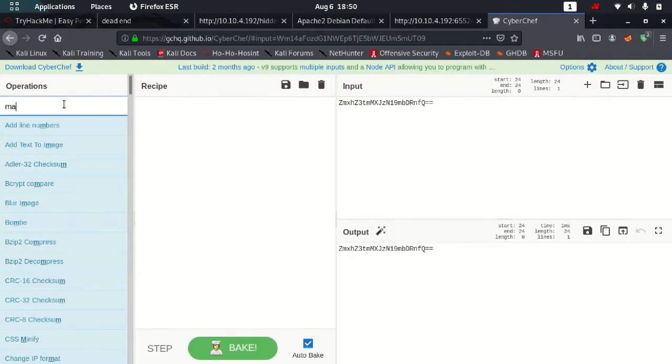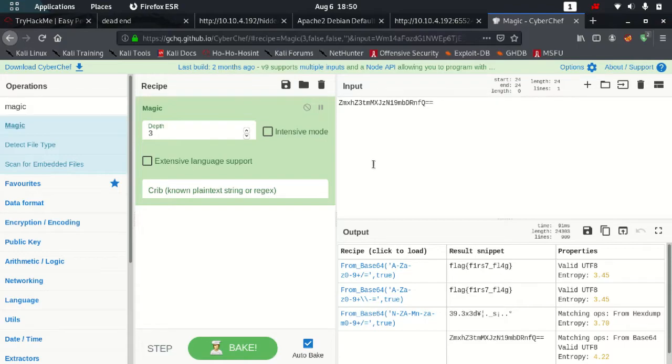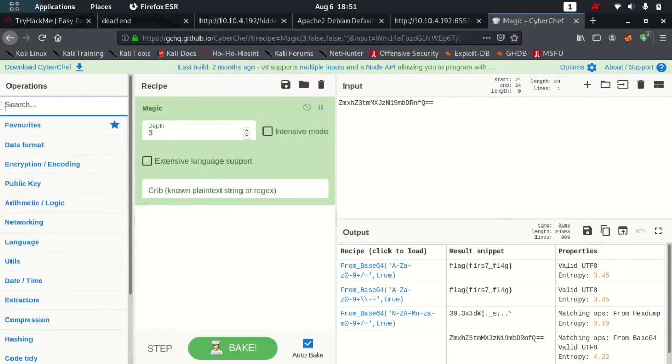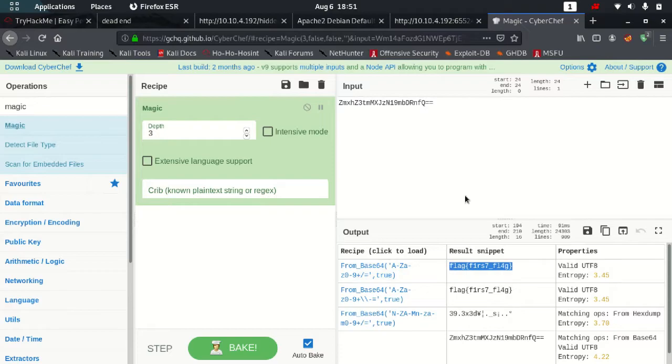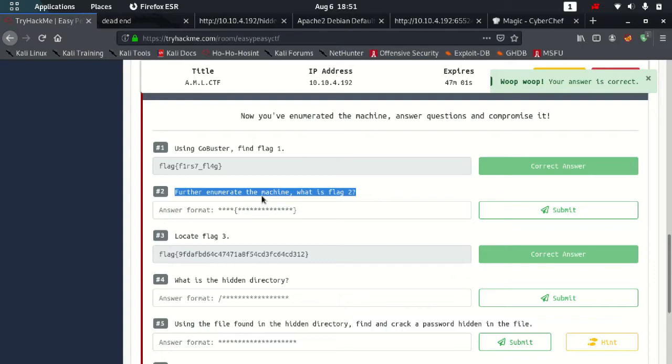I'm going to use Magic, which will automatically try and figure out which type of encoding it might be. I searched for Magic, placed it here, and I just got the flag. So it is a base64 encoding. You can also tell from the equals sign that it might be base64.